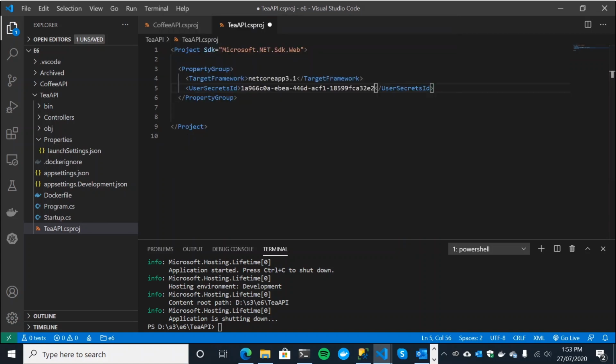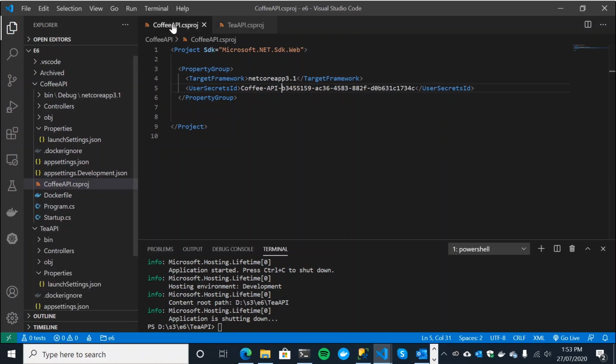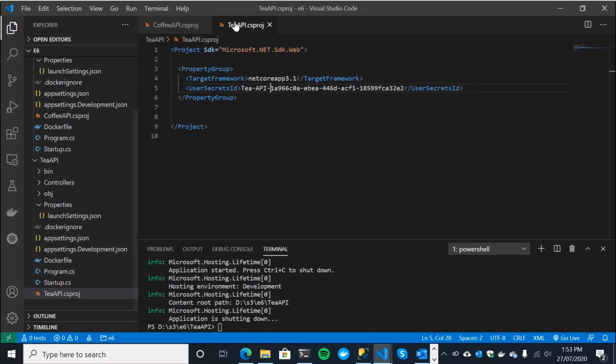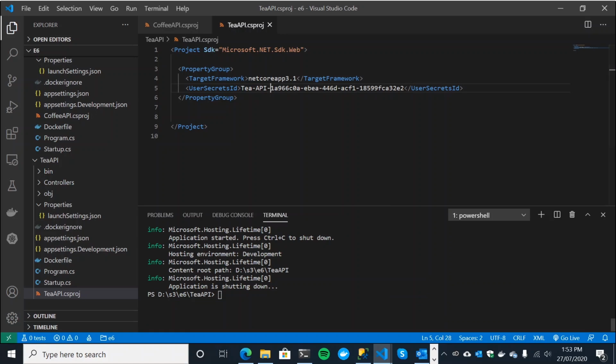Insert GUID, select our GUID, and then we can just put T API in here. Fantastic, okay, so Coffee API, put our user secrets tag in, T API, we put our user secrets tag in, wonderful.